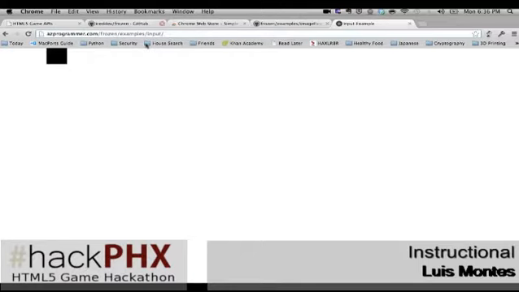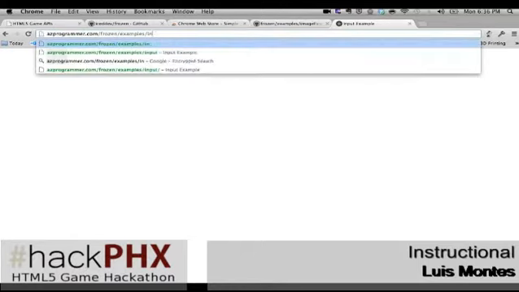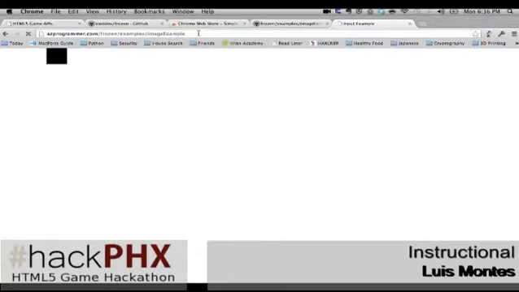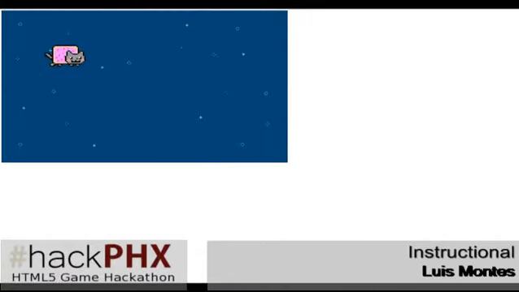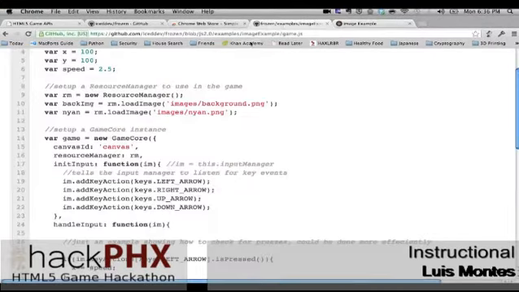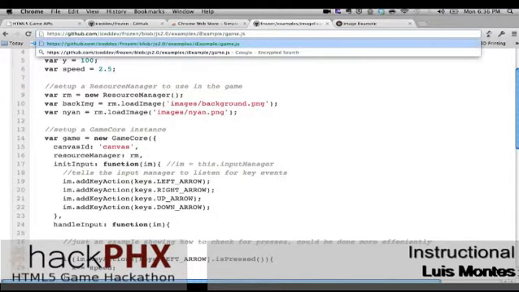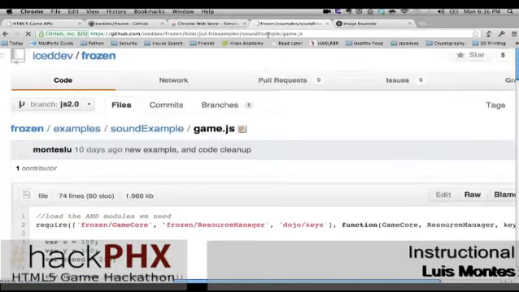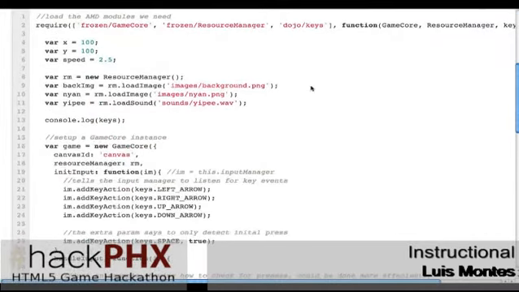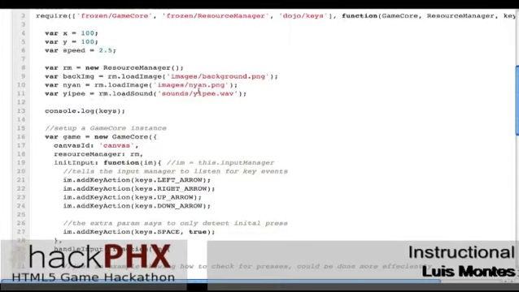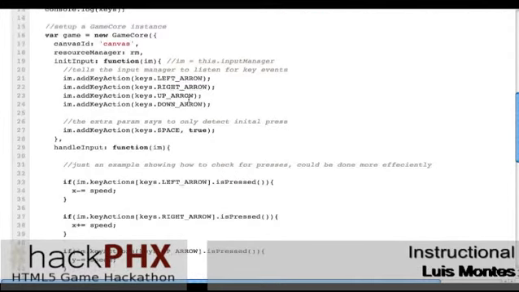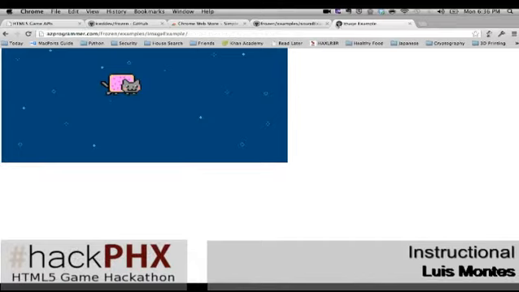Okay, and let's see, a little bit more here. Just a couple more examples of this. Okay, so the same thing. I just added that same sound effect. To do that, it's the same as the resource manager. So this just builds on the last example. Very, very simple. I added a sound using that same resource manager. Created a sound, and when I hit the space bar, I'm playing the sound. Pretty straightforward. All right.